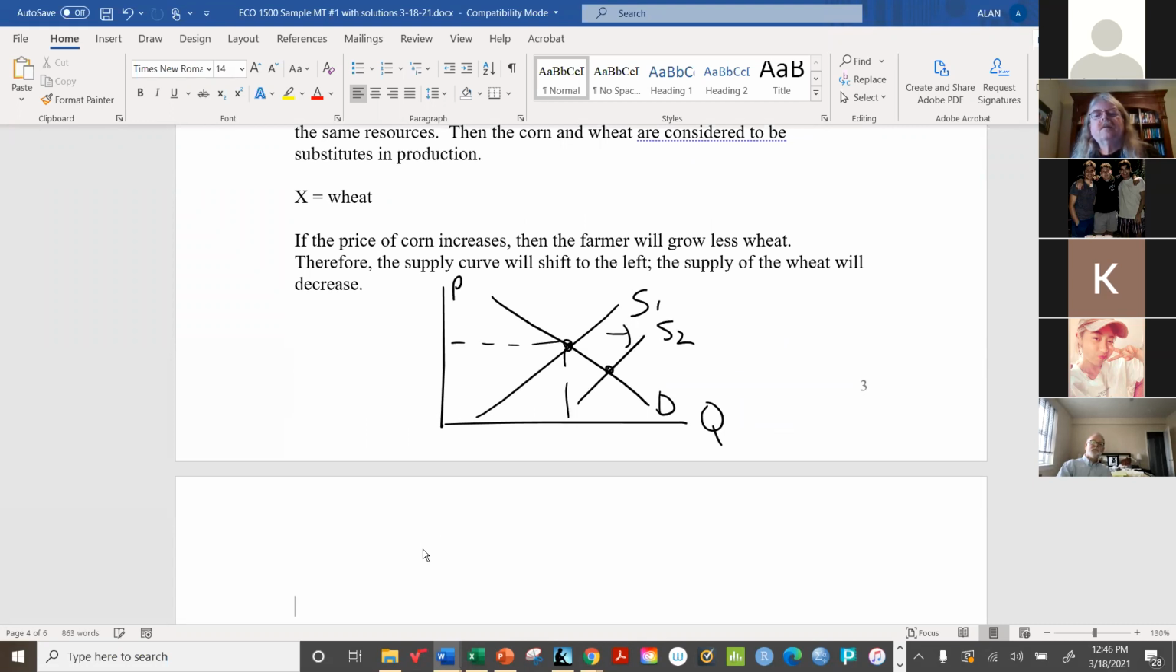And if you were asked in the problem what happened to the price and quantity, you would have an easy time of it because you can see it right on this graph. Just remember, this is the market for wheat. And the supply of wheat shifts to the right. Supply increases,